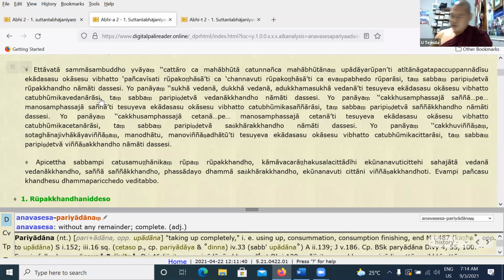Better to refer to the translation. Yes, page number 2, paragraph number 5. We go through the paragraphs because the numbers mentioned in the Atthakatha and in the translation are not the same, so it is better to go by paragraph. Look at paragraph 5, the fifth line. The 96 functions of materiality, all of this the fully enlightened one taught, summarizes under the name